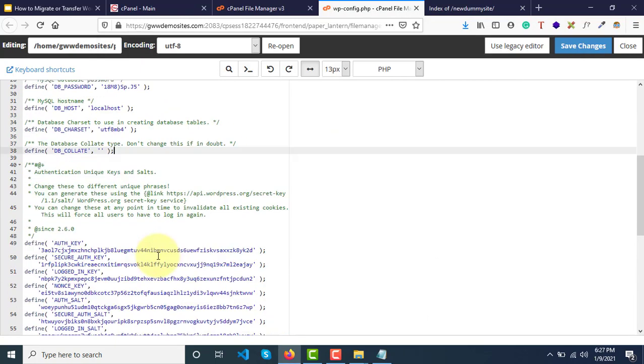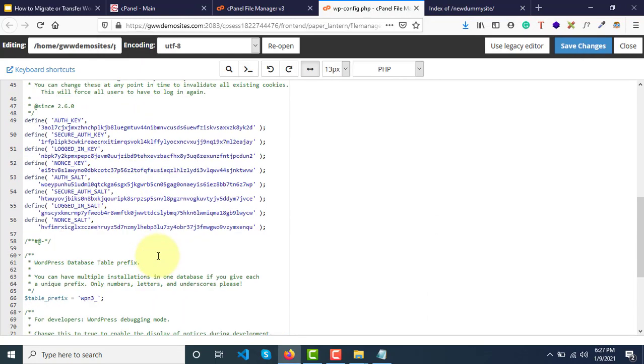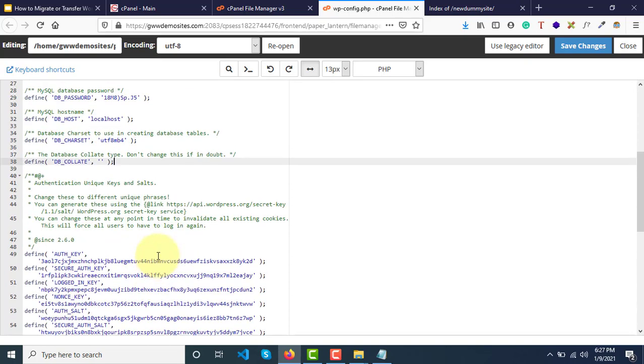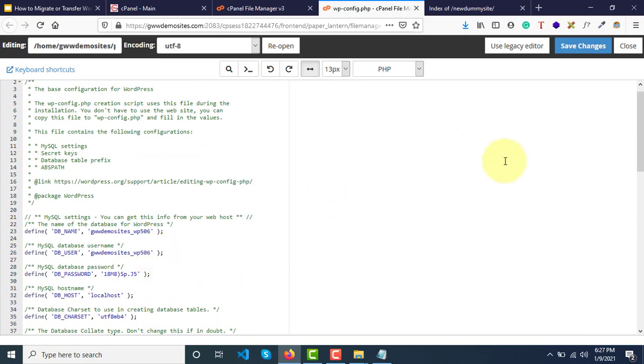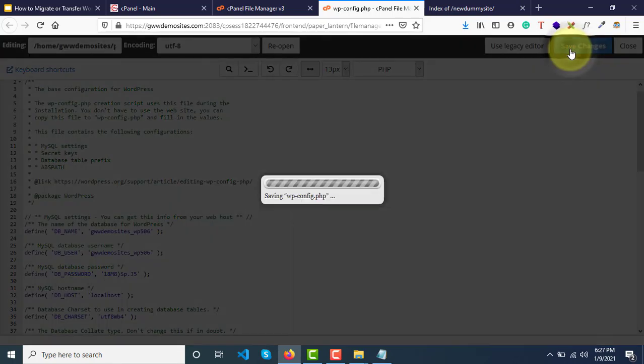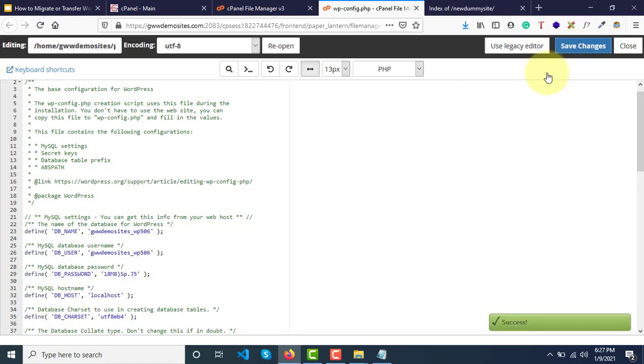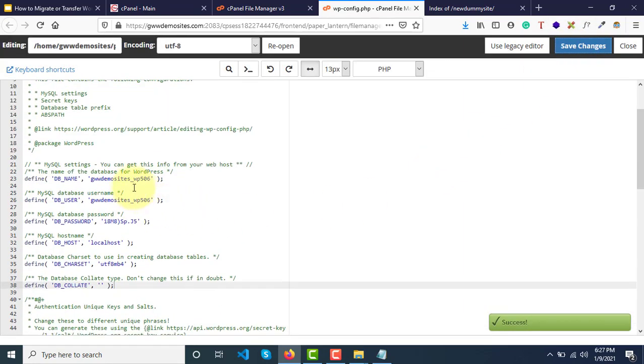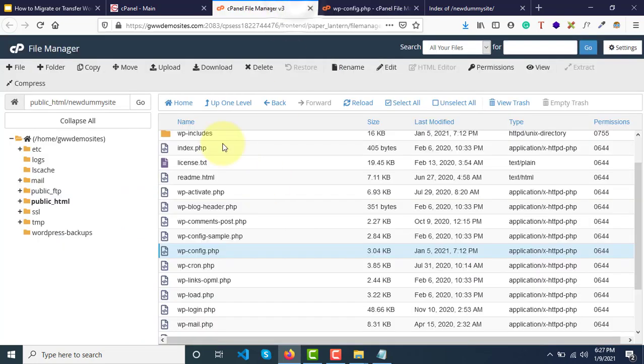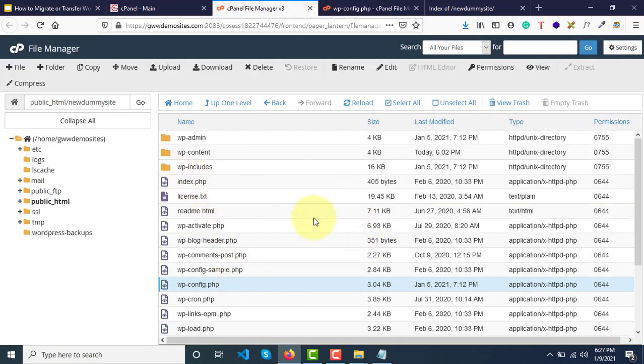Now you need to click on save. All right, so it is connected to the new database. So now these website files have been connected to the new database that we had installed in step 2.